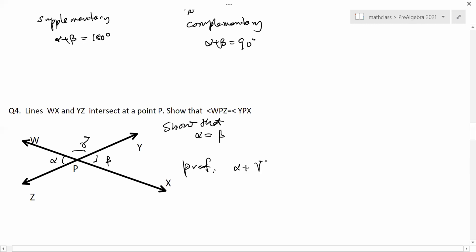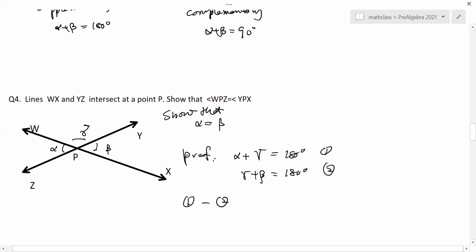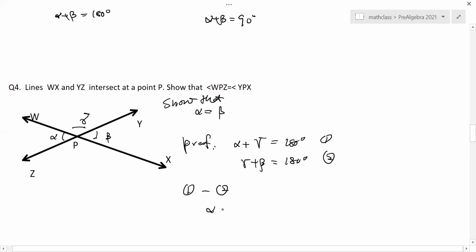Alpha and gamma are supplementary, so they add to 180 degrees. Do you agree? And on the other hand, gamma and beta are also supplementary to each other. Based on these two equations, you take the difference, equation 1 minus equation 2. So gamma will be gone. On the left-hand side it's alpha minus beta. On the right-hand side, it's going to be 0 degrees, because 180 degrees minus 180 degrees is 0. So that's why alpha must be equal to beta. So we conclude that